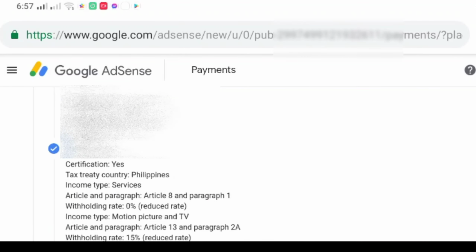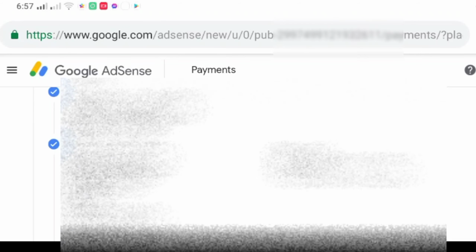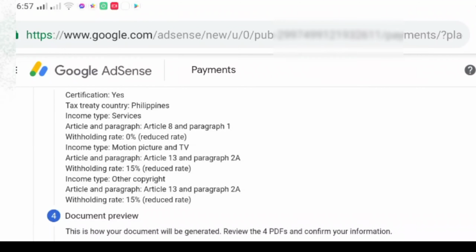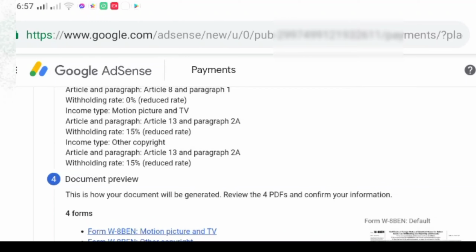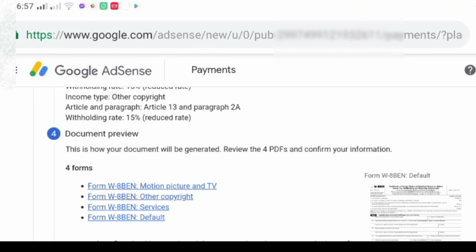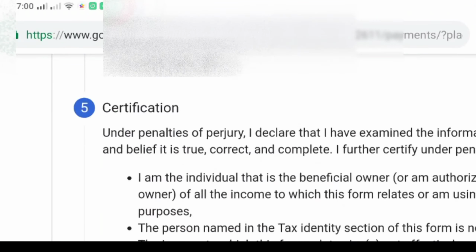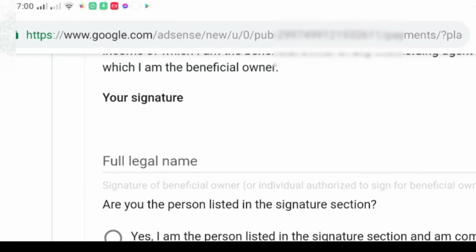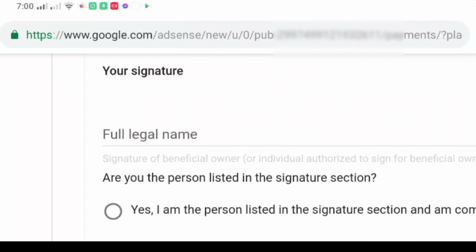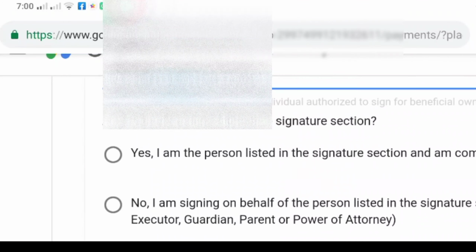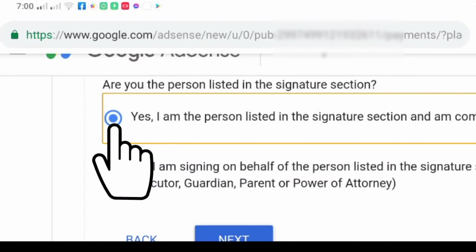So ito na nga po. Okay. So, ayan po. Legal name, signature of beneficiary owner, or they were authorized to sign for provisional. So, ayan po siya.